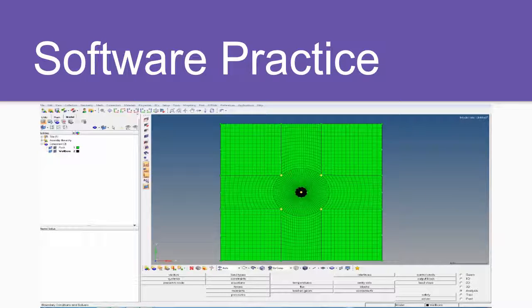Hi, I'm Jack. What we have here is an example of a cross-section of rock that has been drilled through. And the green part here is the actual rock, and the black is the wellbore. The software actually allows you to input certain variables for the density, and so the density of the wellbore was 0, for instance. We basically just ran this software in Abaqus, and it was able to output results similar to analytical solutions that we got from literature. So that's the progress we made in the software practicing part of our project.